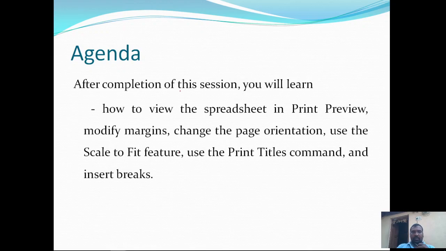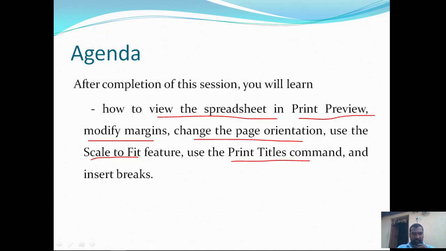After completion of this session, a student will be able to know how to view the spreadsheet in print preview, how to modify the margins, how to change the page orientation, and how to use the scale to fit feature that is available in printing, and use the print titles command and insert breaks.